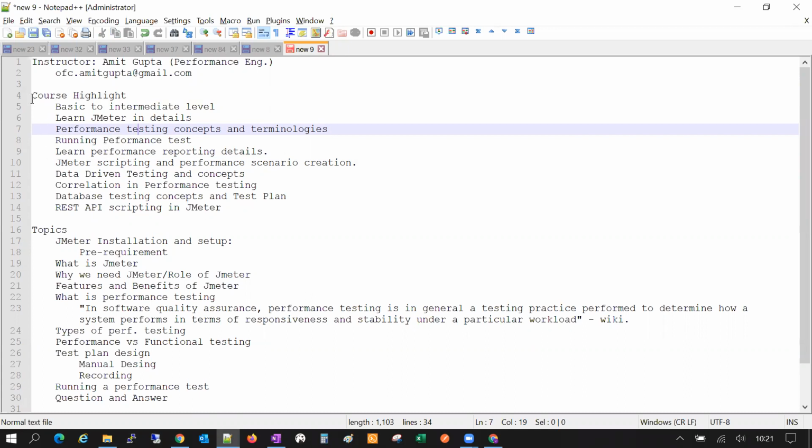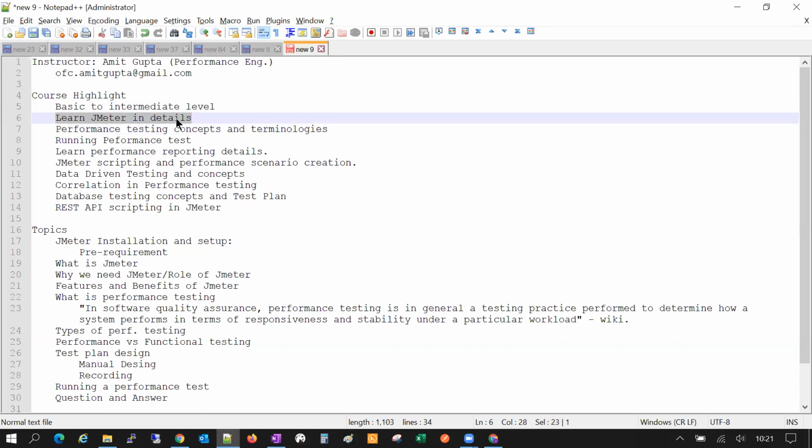Right. So these are the key things that we will be learning throughout. We will go through basic to intermediate details of learning JMeter and performance testing. This is not an advanced level course, and probably we can touch upon a few advanced things, but that depends upon you guys, how you catch up on the things or how expert you are. But we will go through this course from very basic to intermediate level. Going through this course, we will definitely learn JMeter in detail, and we will be covering all the performance aspects